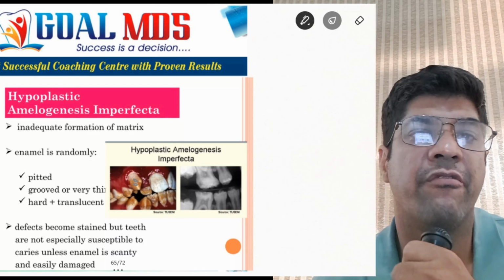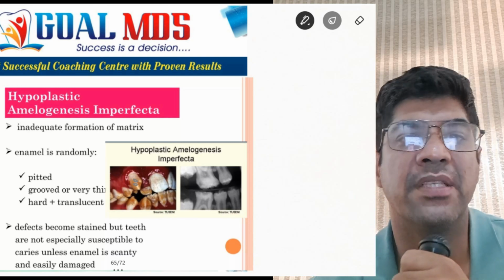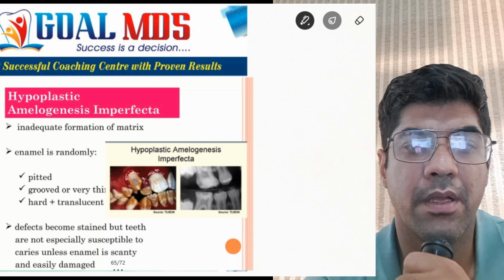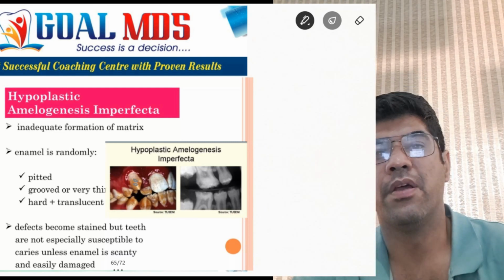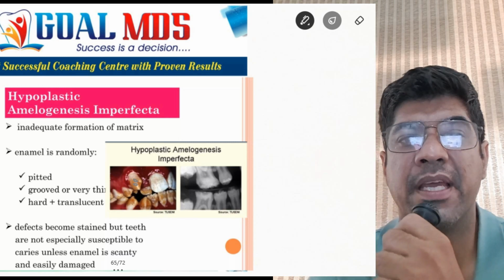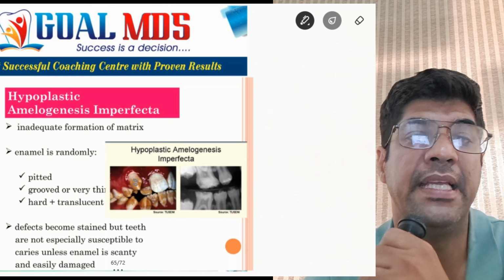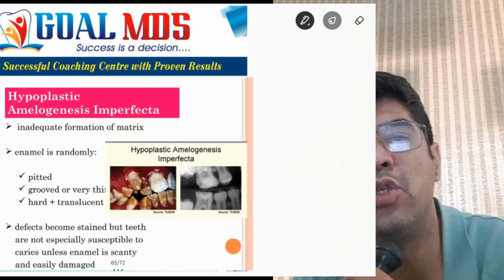You will see rows of pits and linear depressions on the middle third of the buccal surface. It has a generalized variant where the enamel is very thin, the teeth are shaped like crown preparations, and the surface varies from smooth to rough